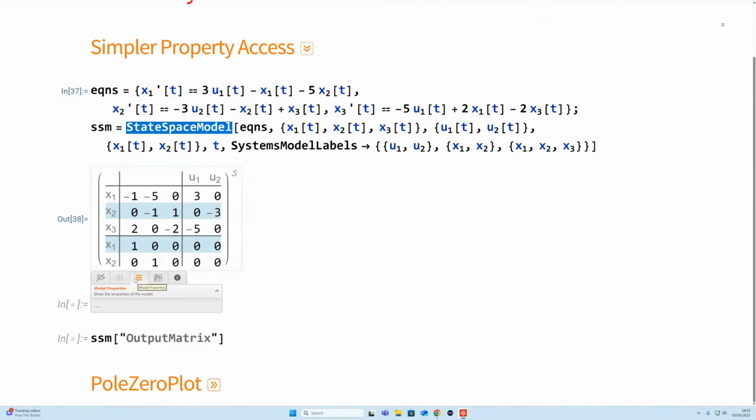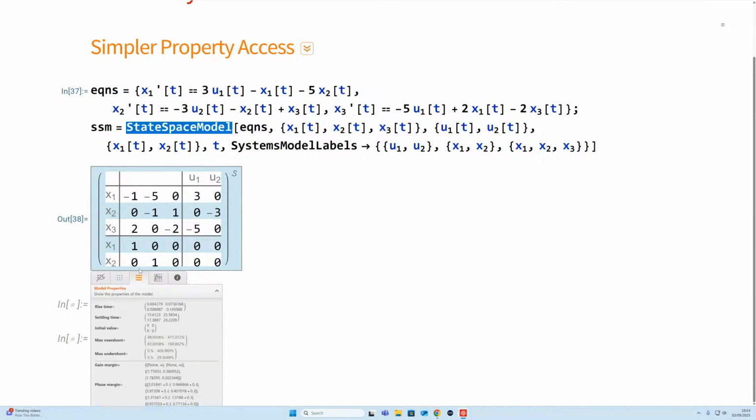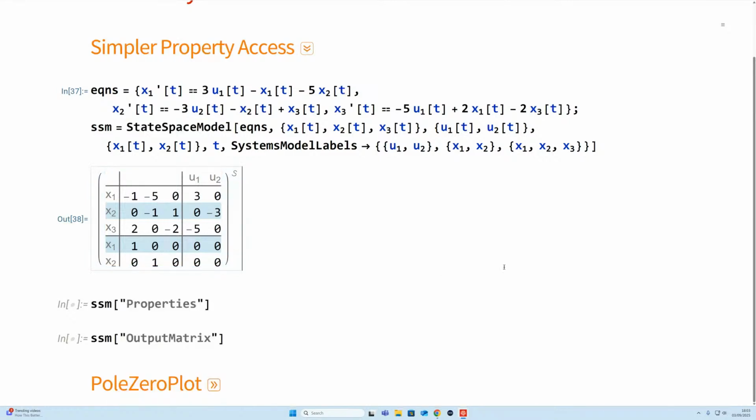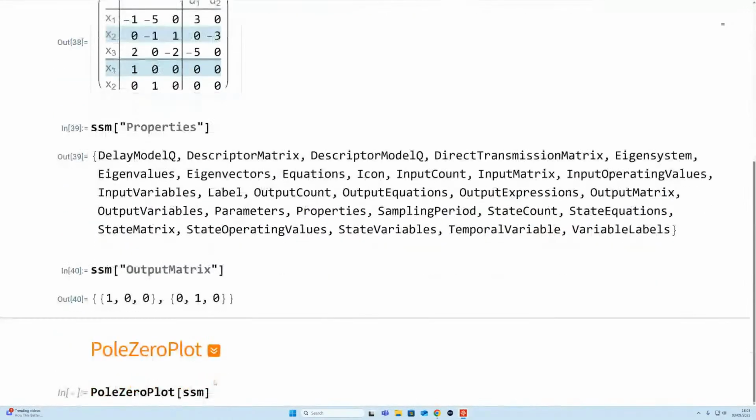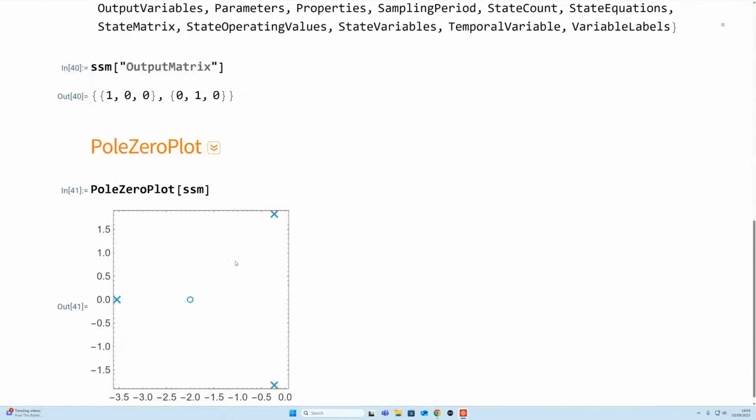I can click on the properties bar and immediately see some of the key properties. And I can switch between different visual representations and different types of representation instead of a matrix view. So there are the key properties. So really just a convenience thing for quick interaction. Those properties are also now available as down values, so I can just reach and say, give me the output matrix for that. And there's one new visualization, which is not a terribly exciting visualization, but a pole zero plot